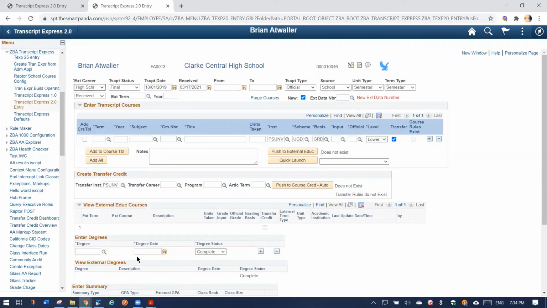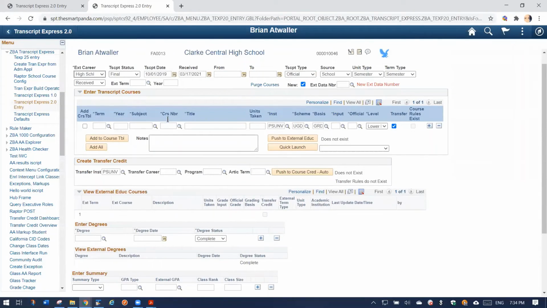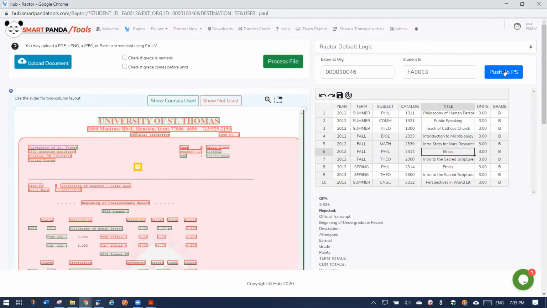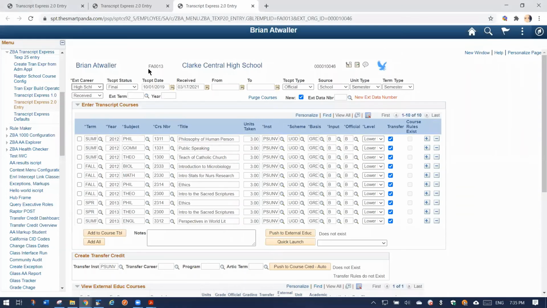So the way you fix that is, number one, go ahead and make sure that this student ID and this course ID are saved on Transcript Express. Now I should be able to push this successfully to PeopleSoft. You want to make sure that the ID and the org ID are saved inside PeopleSoft